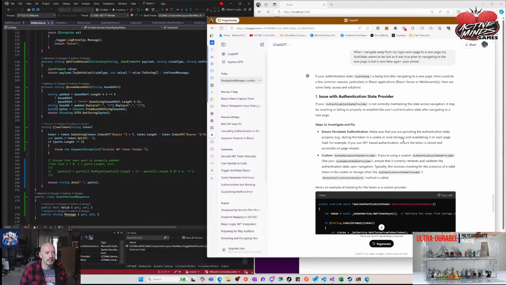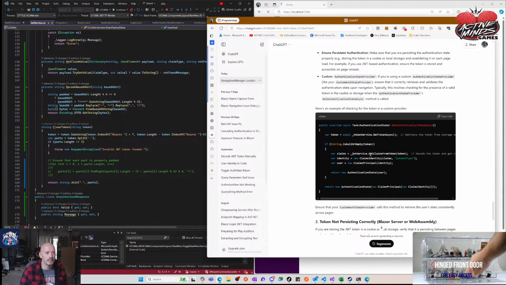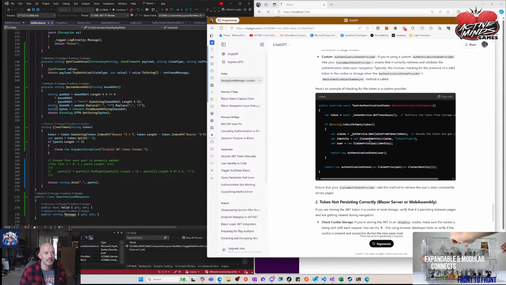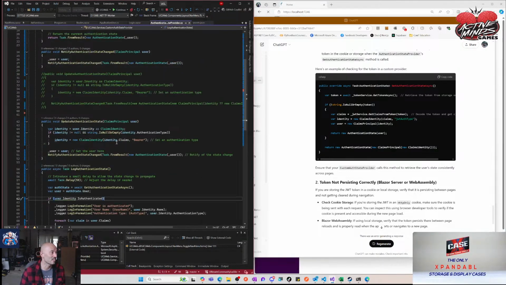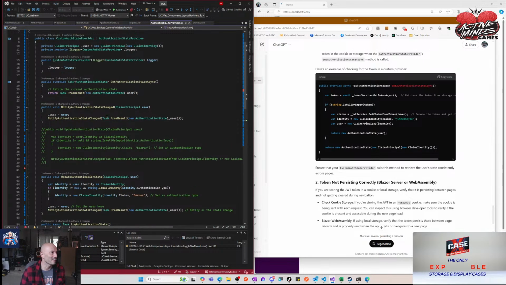Properly storing token, replacing on each page. For example, if you're using a custom auth state provider, ensure that it correctly retrieves and validates the authentication state upon navigation. Typically, this includes checking the presence of a valid token in the cookie. So I need to actually have this go when I have my task authentication state, get authentication state. I don't think I'm currently having this actually get the cookie. I do have a get authentication state, but what it's doing is it just does it based on whatever's calling